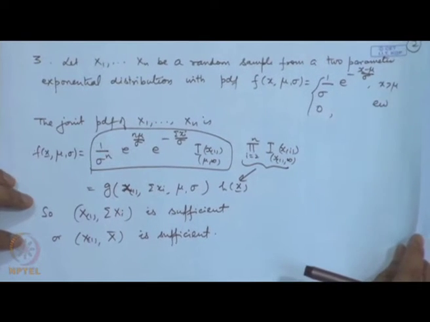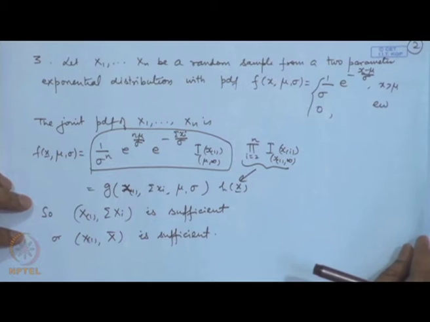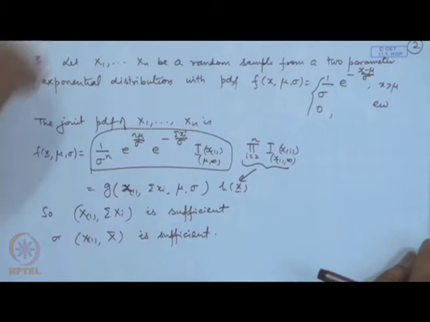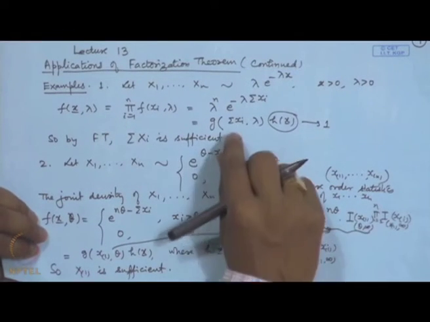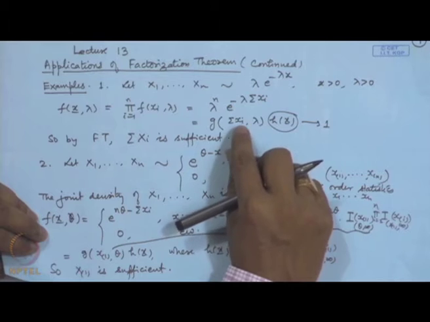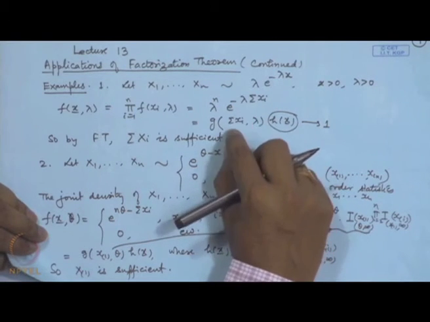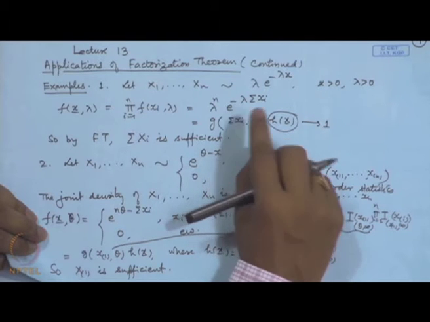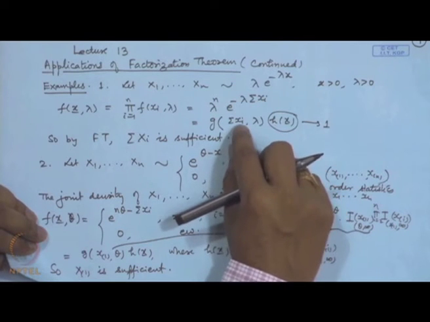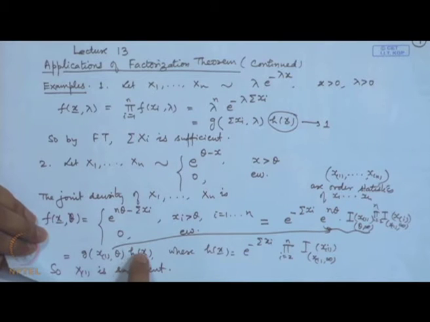I also want to mention here, we have earlier considered the maximum likelihood estimators. Now, let us remember our maximum likelihood estimators for each of these problems. For example, in this case the maximum likelihood estimator for lambda was 1 by x bar, which is a function of sigma xi. In this particular case, the maximum likelihood estimator was x1, that is the minimum of observations, and it is sufficient here.